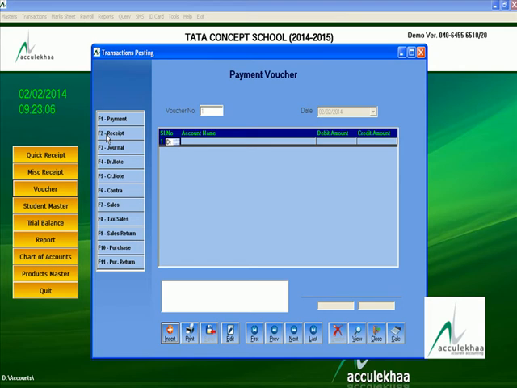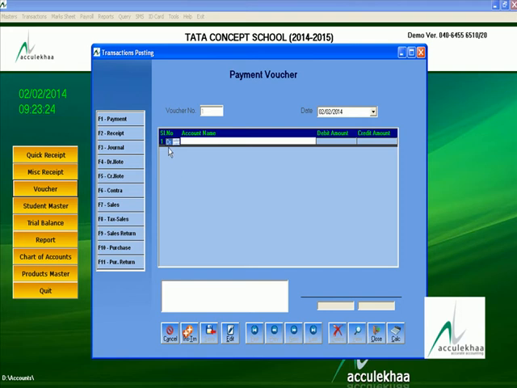For payment, you have to press the F1 key from your keyboard. Then click the insert button.